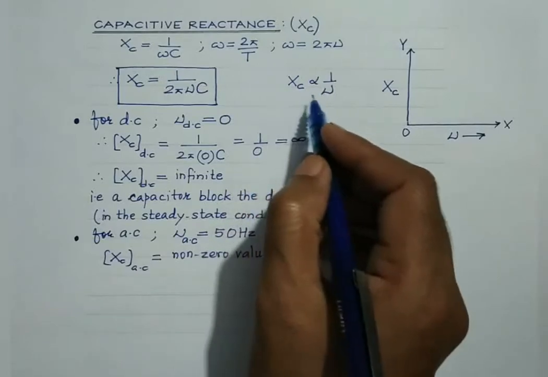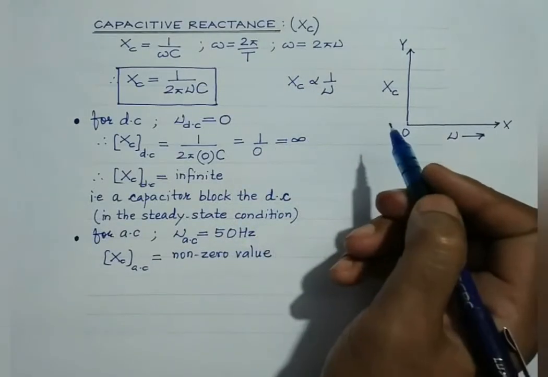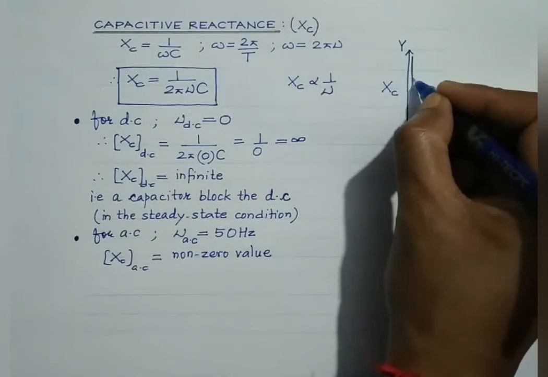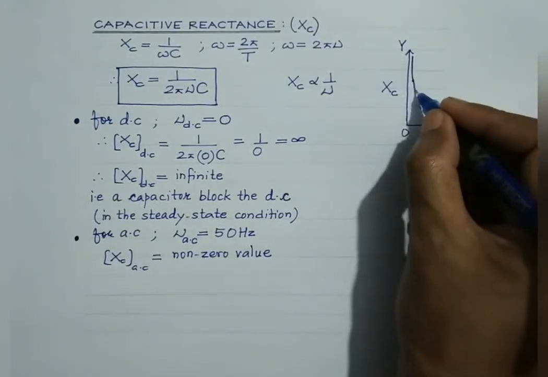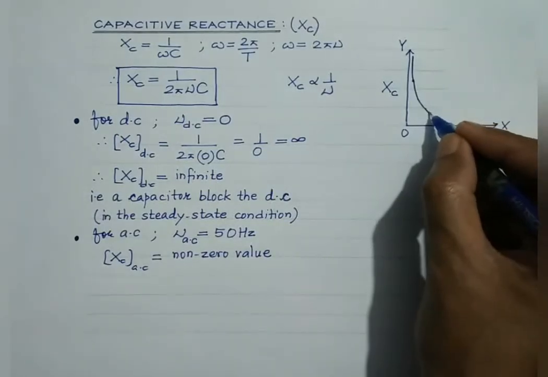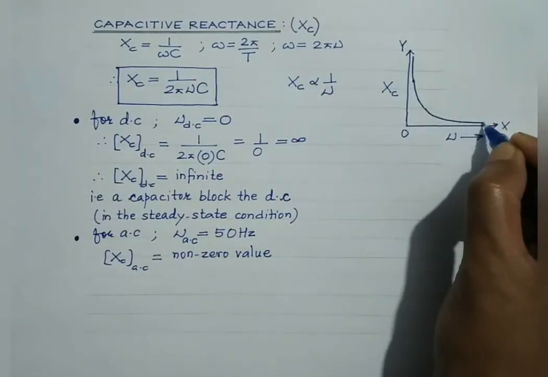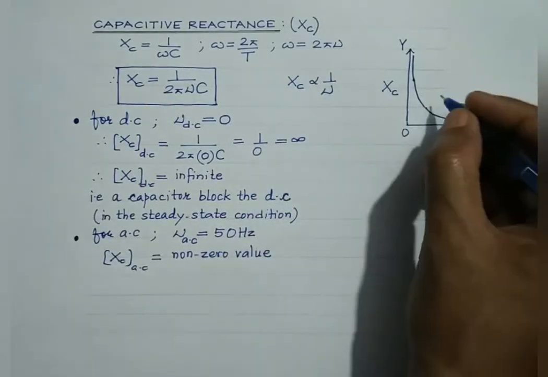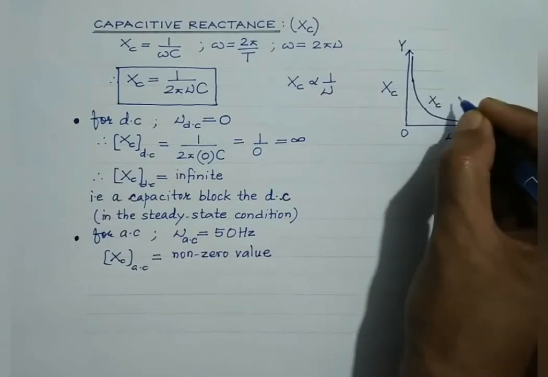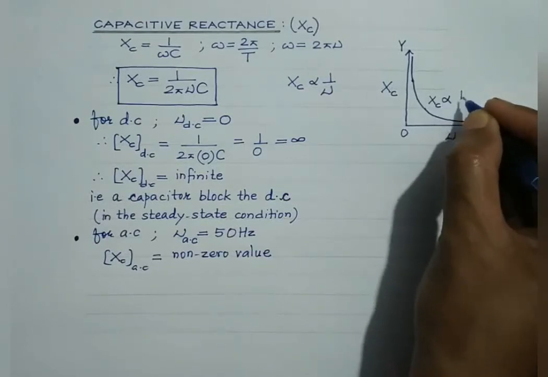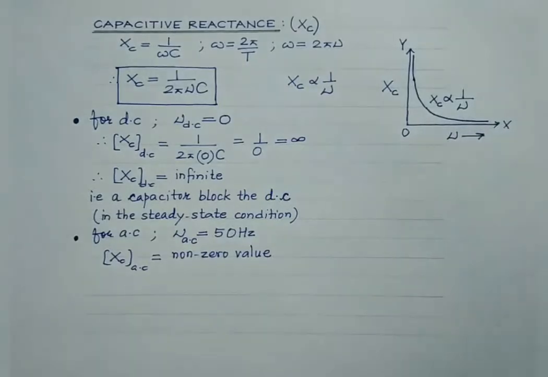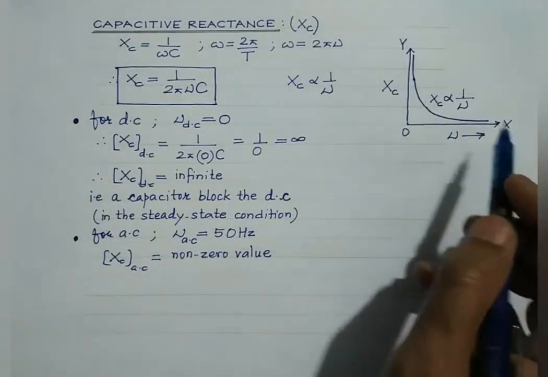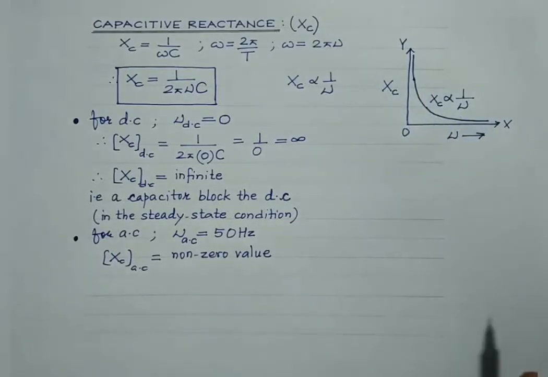Linear frequency or angular frequency, right? So it's the case of the standard equation xy equals constant. So that's a rectangular hyperbola, right? So it should be like this. The graph would be somewhat like this. So at nu equals 0, Xc will become infinite and vice versa. So it suggests that Xc, the capacitive reactance, is inversely proportional to the frequency of the AC source. So this is the nature of the graph which we will obtain while plotting a graph between Xc and frequency.